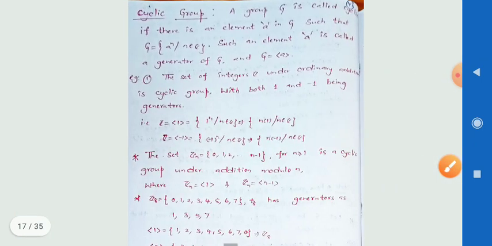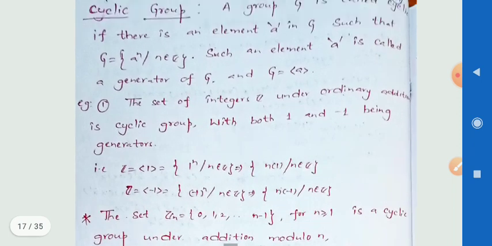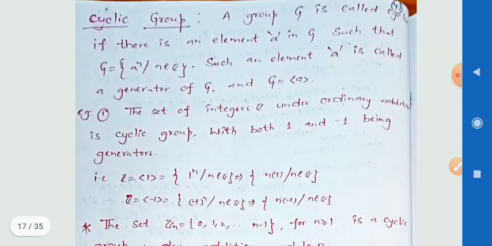Here is the definition of cyclic group. In previous classes we have studied cyclic subgroups. Here I am going to study only cyclic groups. Last class we discussed cyclic subgroups. Now the definition of cyclic group. A group G is called cyclic